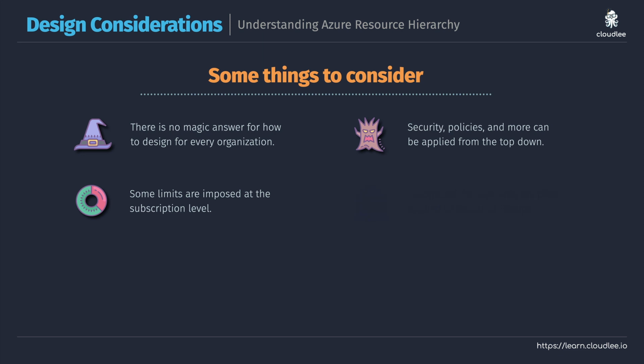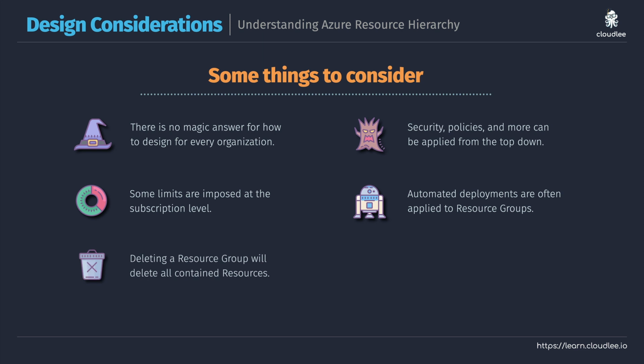As I have also mentioned, whatever automation tool you're using, you're commonly going to see your solutions being deployed to resource groups. It is possible to distribute your solutions across multiple resource groups, but oftentimes deployments themselves are associated on a deployment to resource group basis. Also, in terms of resource groups, bear in mind that if you want to delete one, that's going to delete all of the resources within that resource group. So that might change how you want to architect the resource hierarchy as well.